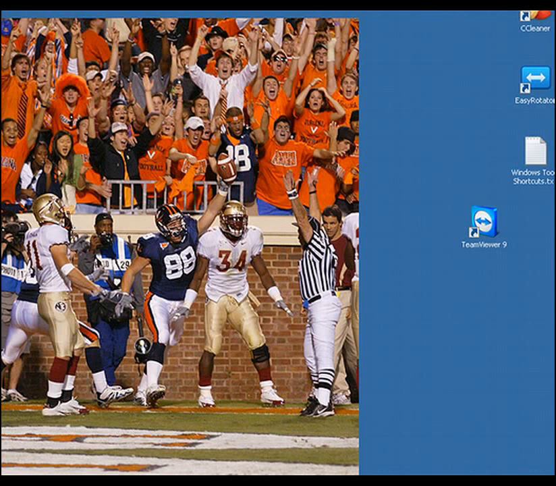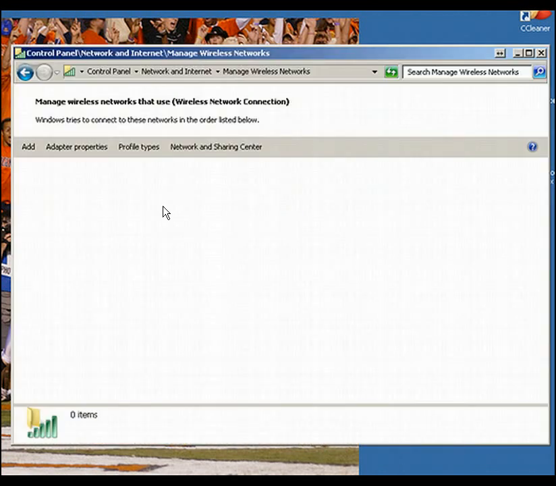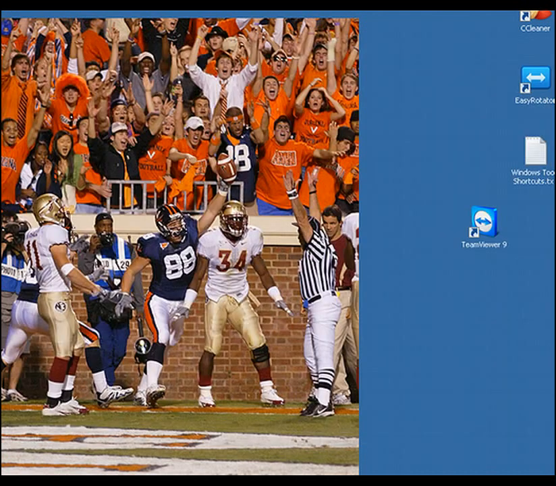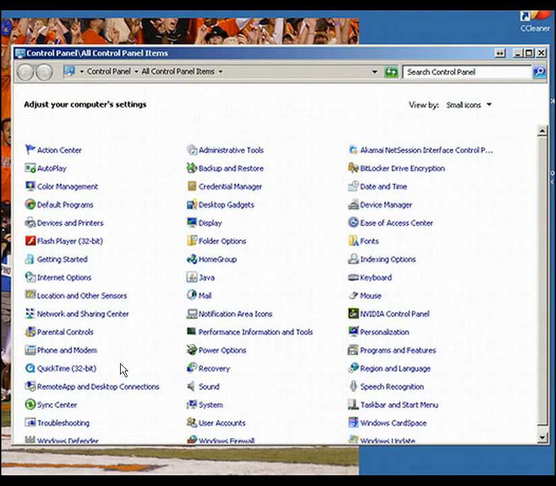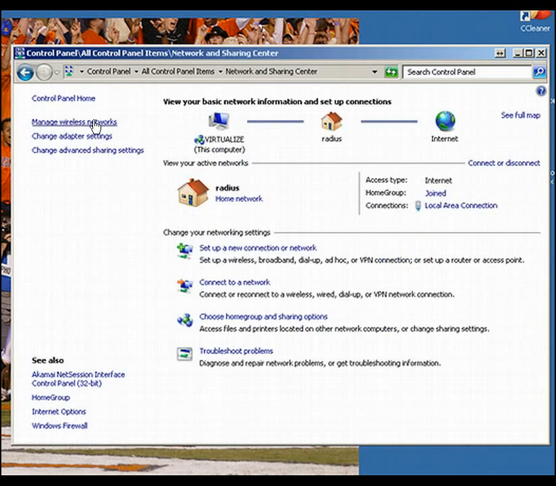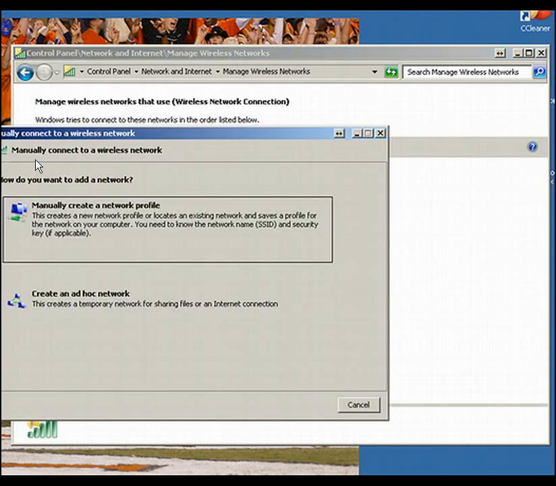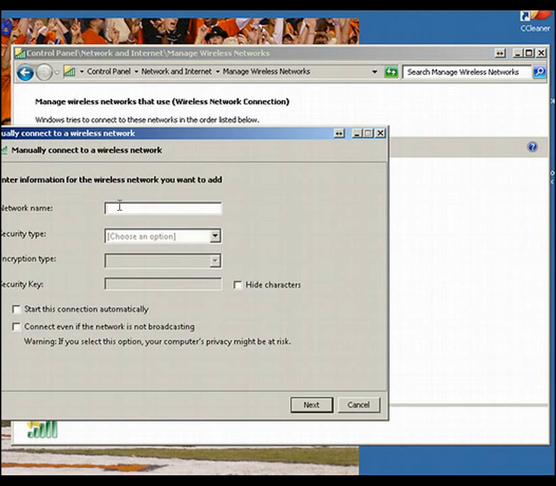Okay, I think the next step would be to configure the profile for it. Let's go through the whole process here. Let's go to Control Panel, Network. Where's my network? Network sharing. My machine is slowed down. Manage wireless networks, and we're going to add. We'll manually create a profile called Radius, and the security type is going to be WPA2 Enterprise, encryption AES,